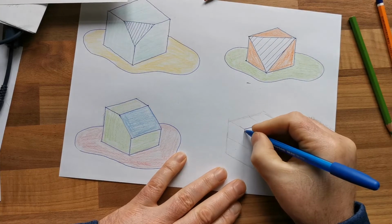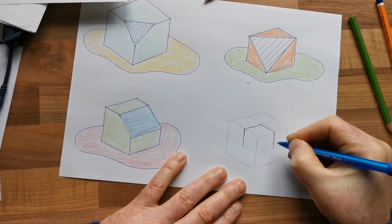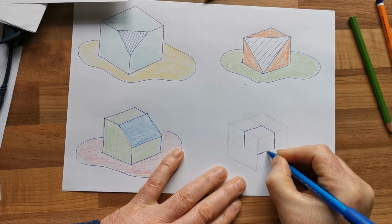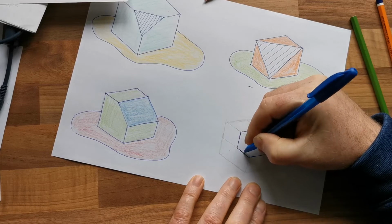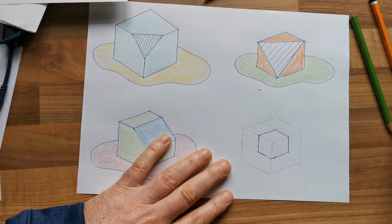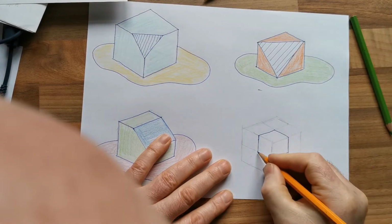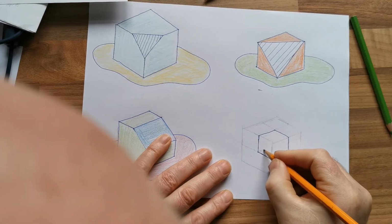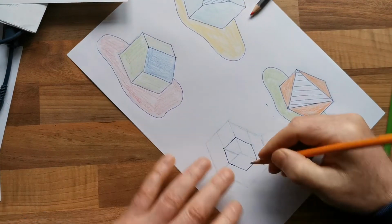So I'm trying to cut out a cube out of this front corner here, so you'll notice now that this actually looks like a hexagon. So finally there now, this is going to be coming across at the same angle as those, and